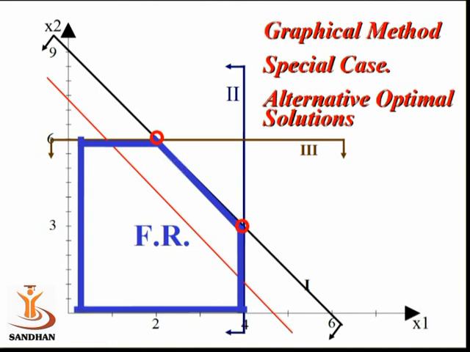Not only that, all the points lying on the line segment joining these 2 points will satisfy our constraint equations as well as give us the optimum value of z. So here in this case, by graphical observation we conclude